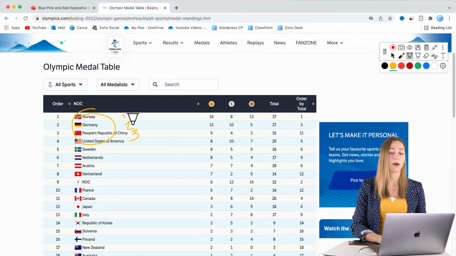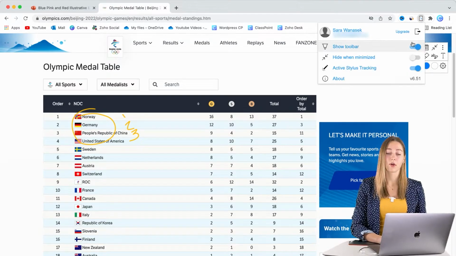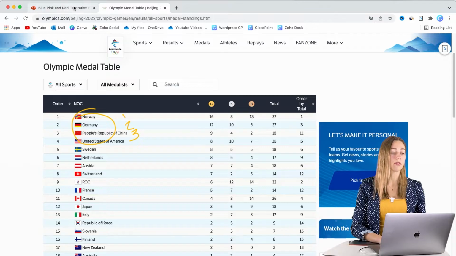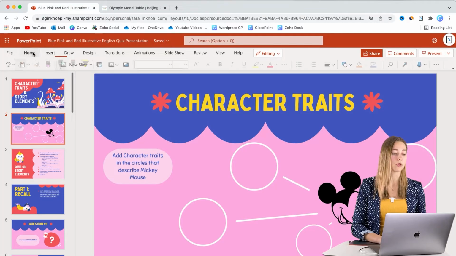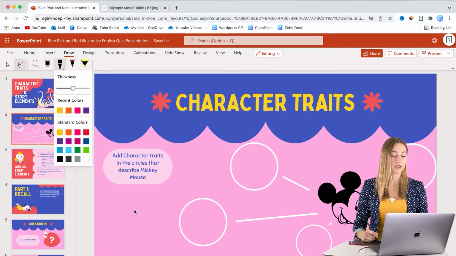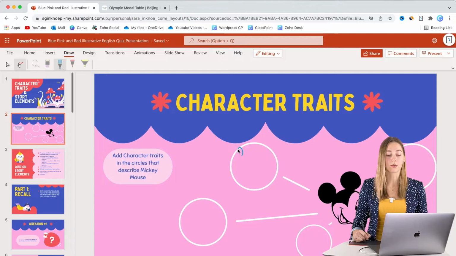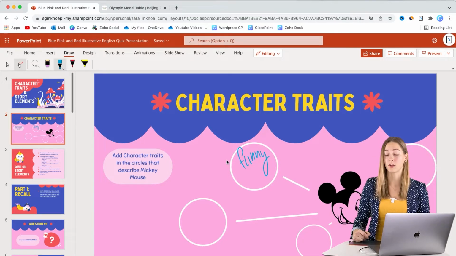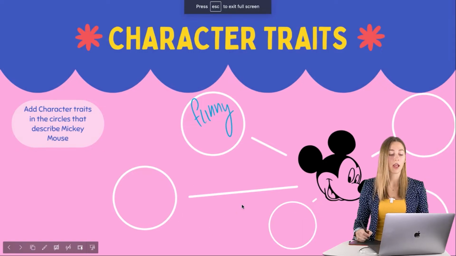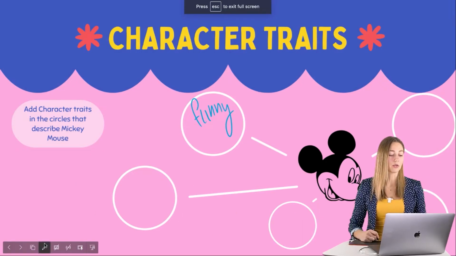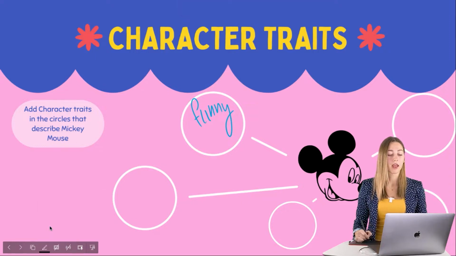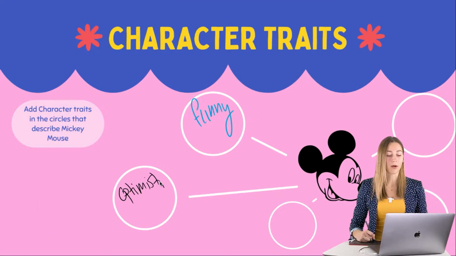I also have PowerPoint pulled up here. So I'm going to go ahead and show you guys how with Microsoft tools, if you go over to the Draw tab, you can click on a pen, and if you need to change the color, you can go ahead and do that, and then you can begin writing right on the screen. So this can be used in your edit mode, or you can also go into your presentation mode and then have access to the drawing tools here, and then write right on your screen as well.